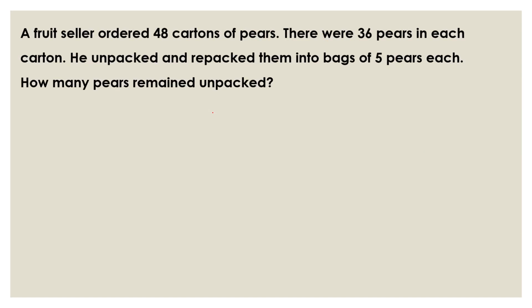A fruit seller ordered 48 cartons of pears. There were 36 pears in each carton. He unpacked and repacked them into bags of 5 pears each. How many pears remained unpacked? So to solve the question, you have to find out the total. If there are 48 cartons of pears and there were 36 pears in each carton, you have to find the total pears. So 48 times 36 equals